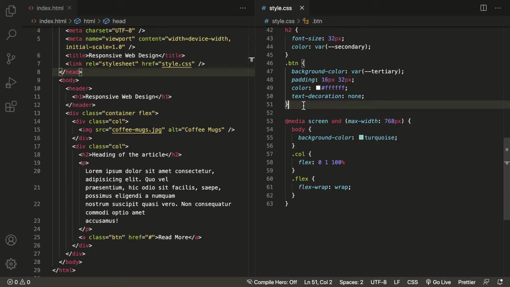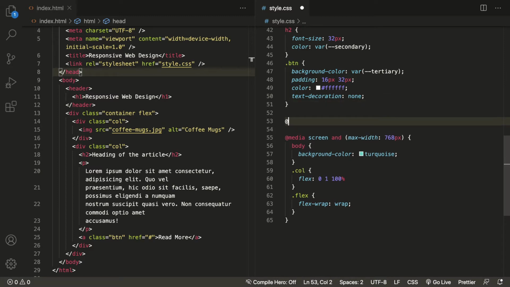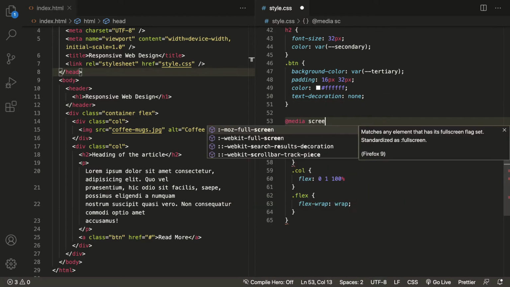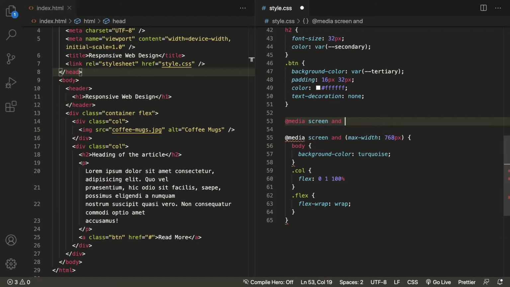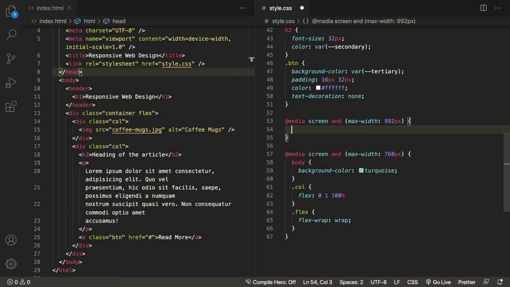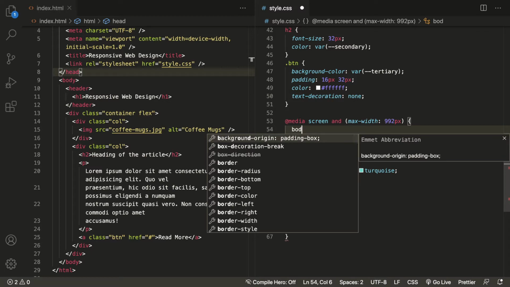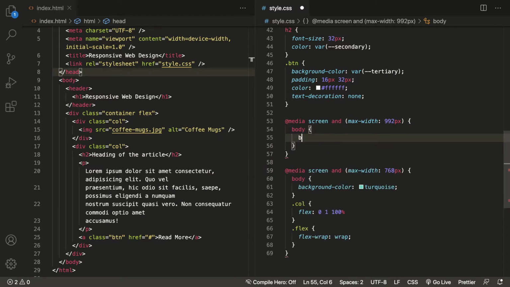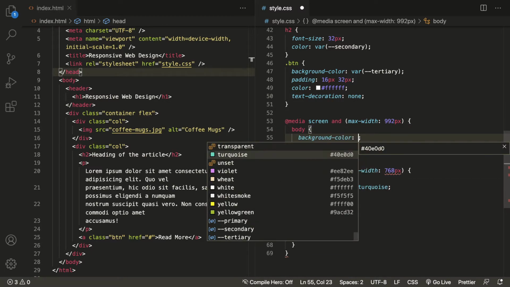We can also do something like this: @media screen and max-width of, say, 992 pixels, then start our curly braces, and inside the curly braces we can target normal selectors and properties. This time we'll change the body color again. To the body, let's apply a background color, say